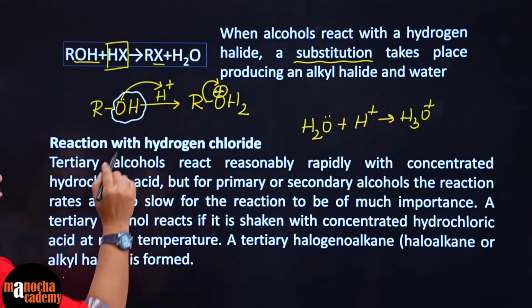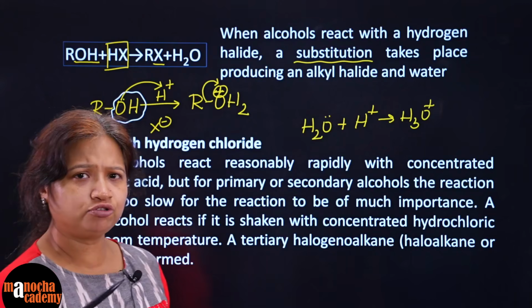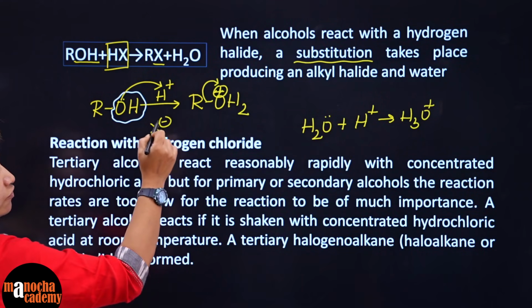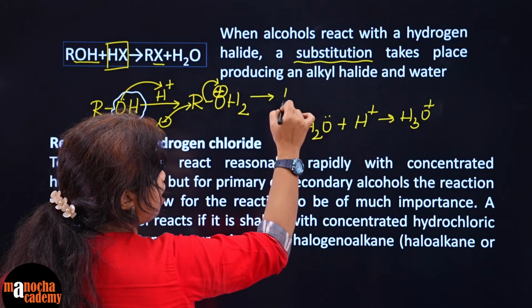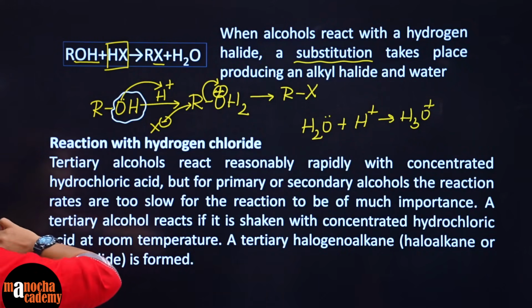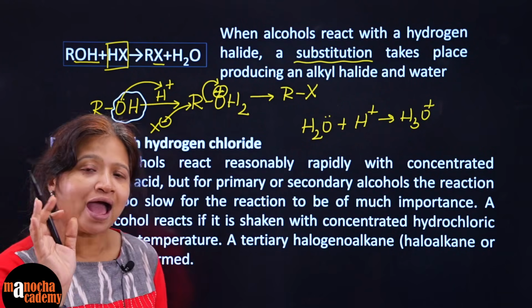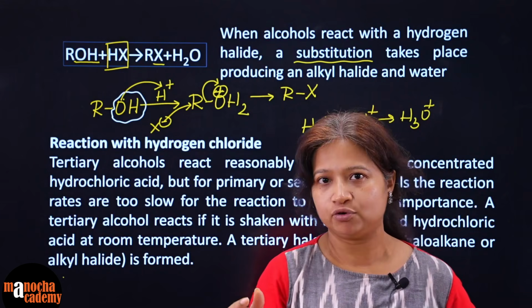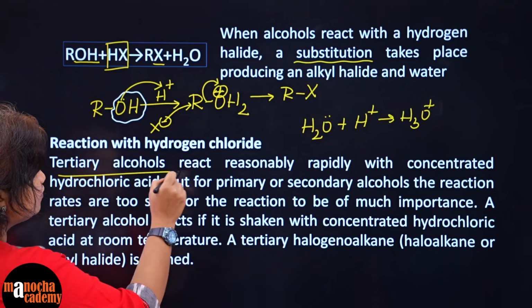Now when it's leaving, what happens? X minus is a nucleophile. We'll talk of this in detail in the nucleophilic substitution reaction later on, don't worry. So it is a nucleophile which will attack R. So it's substitution, meaning now what you have is RX. You can see here OH is getting substituted with the halogen. So it's a substitution reaction. And why are we adding an acid? The reason is to make OH, a poor leaving group, into a good leaving group. That's the answer.